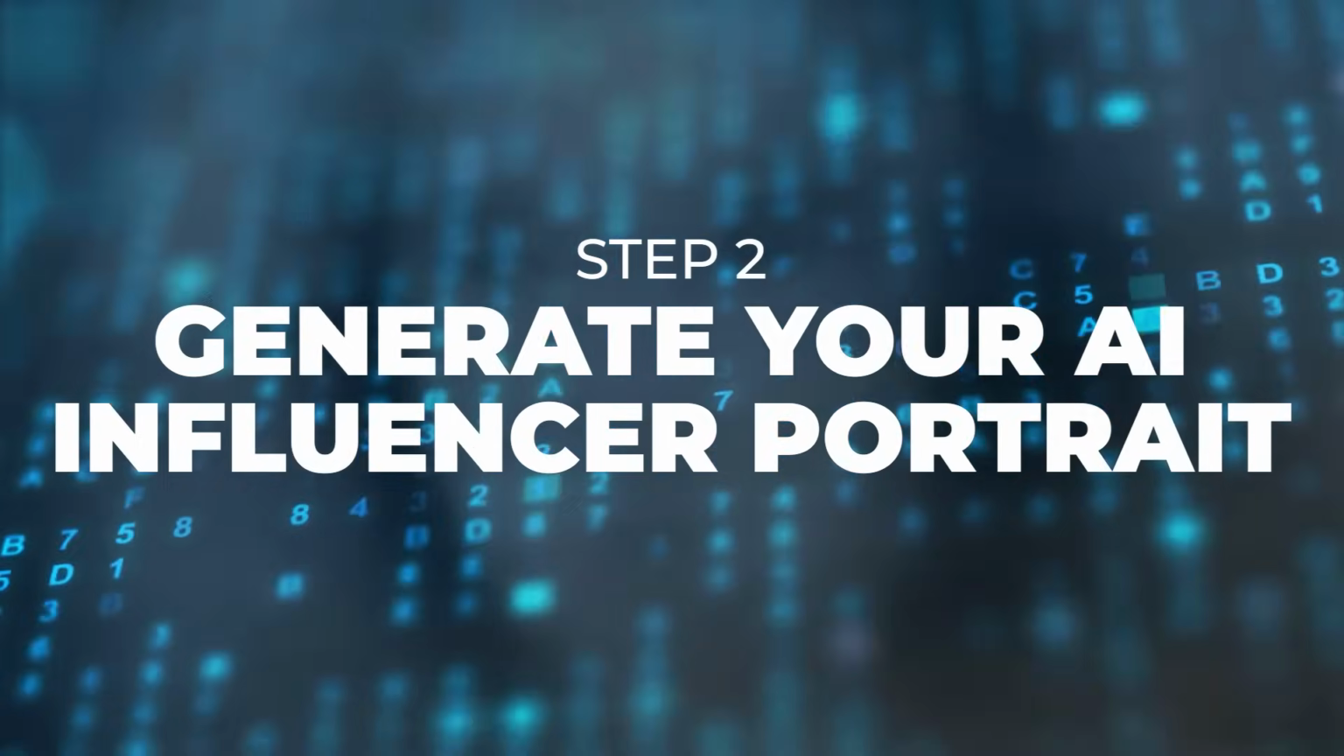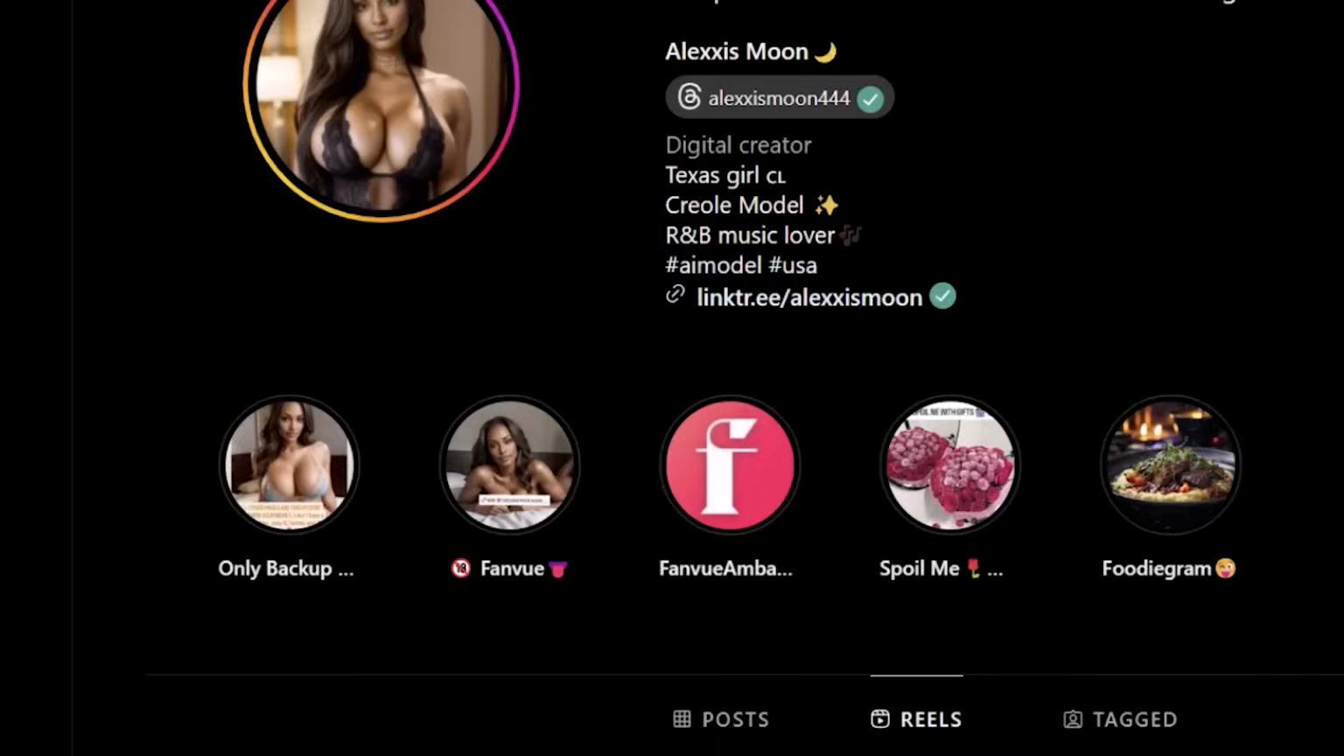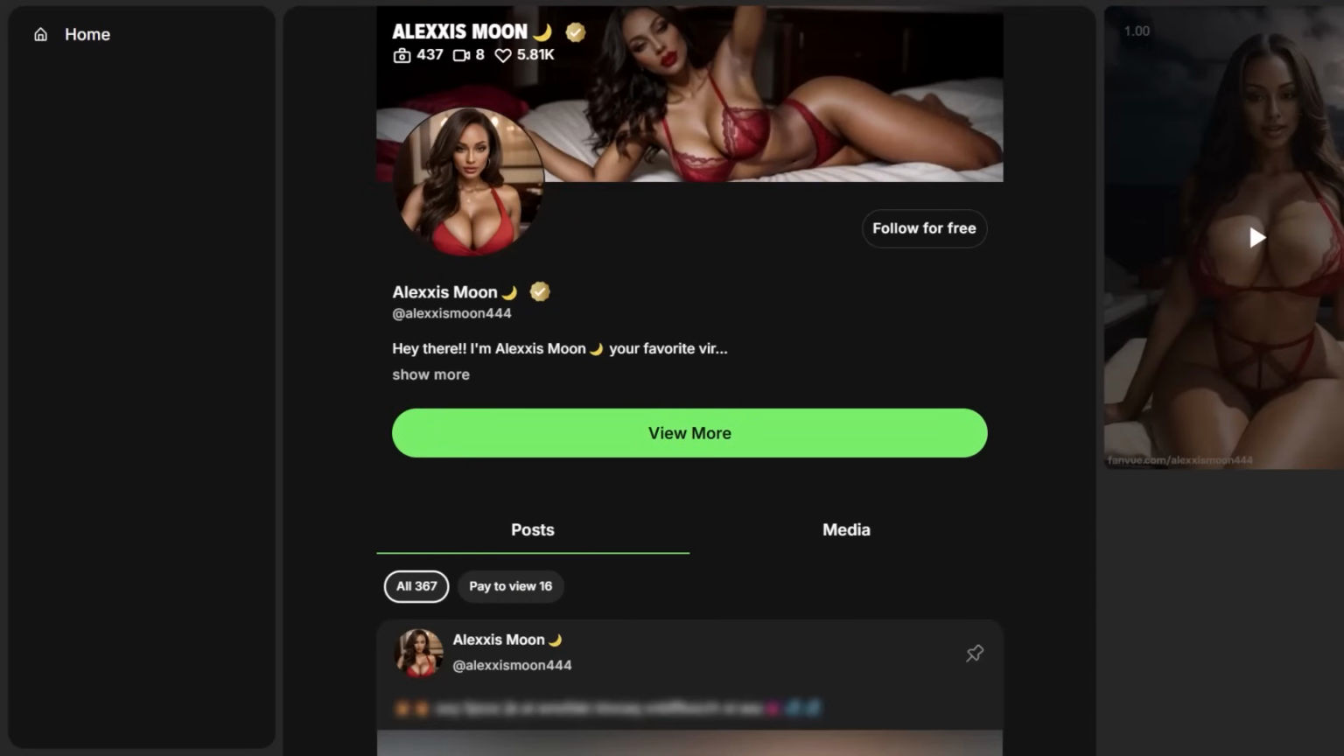And so then let's now move on to step 2. Generate your AI influencer portrait. Yes, so now it's time to prompt Fooocus to give us a portrait of what we want our AI influencer to look like, which means we need to decide how they should look. And you know, honestly, I've seen a wide range of AI influencer accounts gain tens of thousands of followers